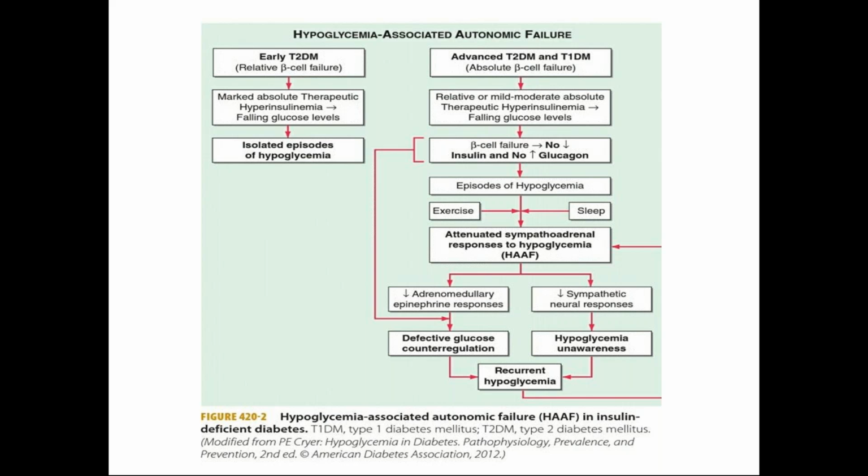So after that, the patient will have symptoms only at 60. Slowly it keeps on decreasing the value. Later it becomes 55, later 50, later 40. Until the glucose level goes to 40, only then they will have symptoms of hypoglycemia, because